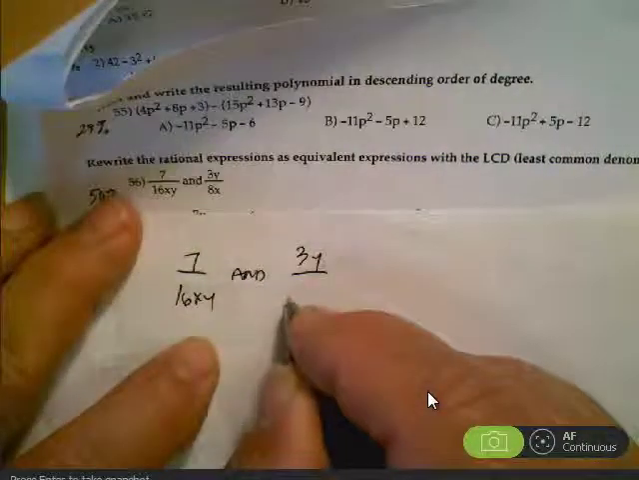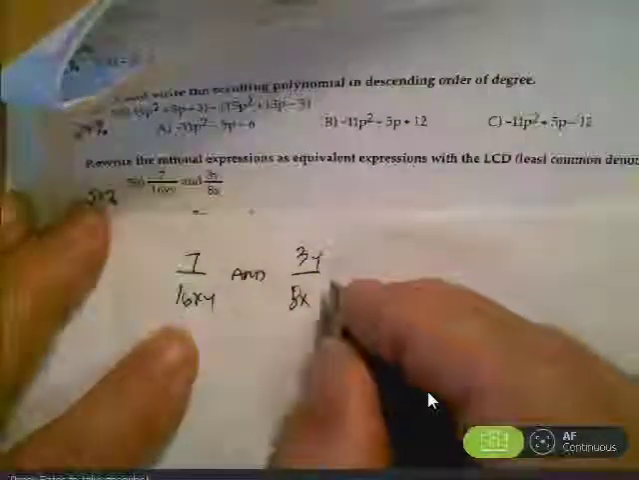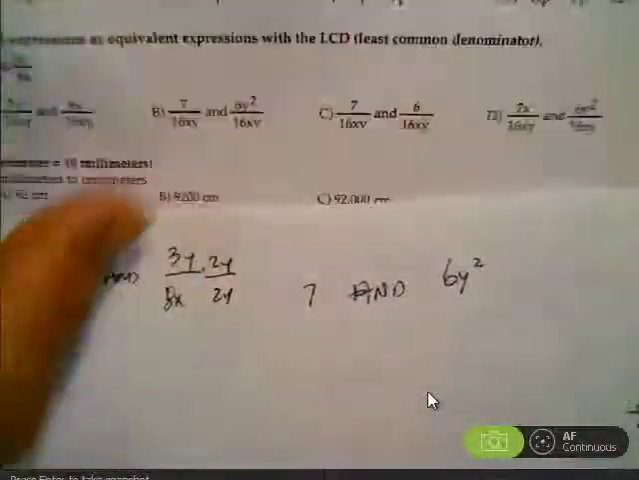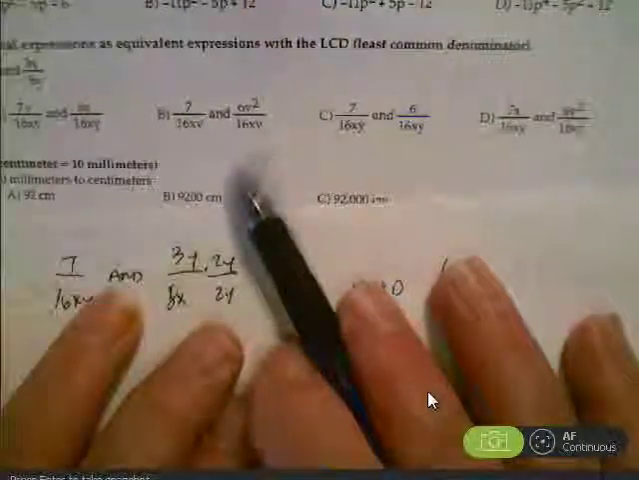So if it's 16xy, and 3y over 8x, if it's this, then 8x needs 2y over 2y. And I would go through the LCM, but that means it's 7 and 6y squared. 7 and 6y squared, b. But yeah, see, they don't even let you reduce that y. So anyway,